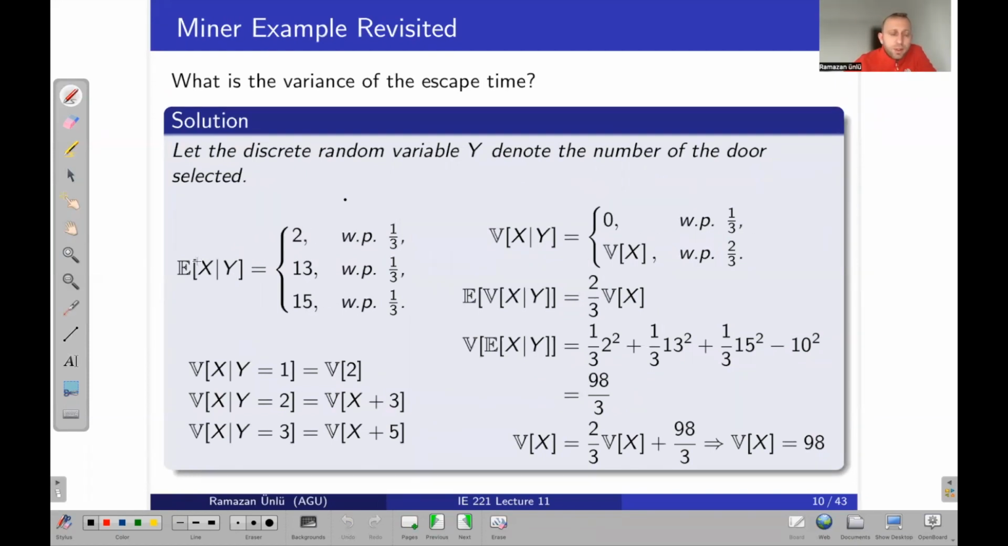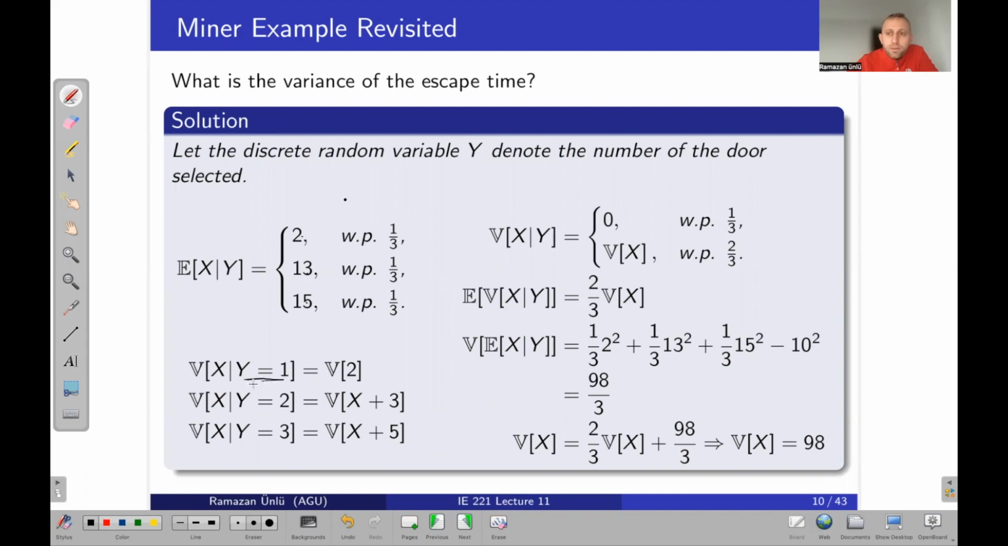So that will give me the expected value of x given y, and that can be considered as a new random variable, which can take 3 different values, 2, 13, and 15, with equal probabilities of 1/3, okay? And next, we can look at the conditional variance, which is first one, the variance of x given y